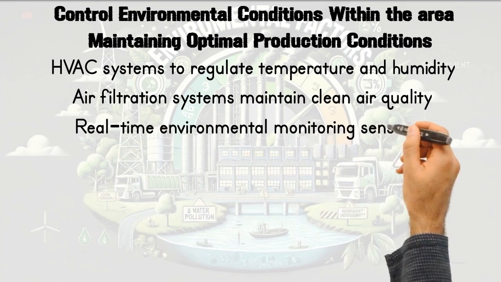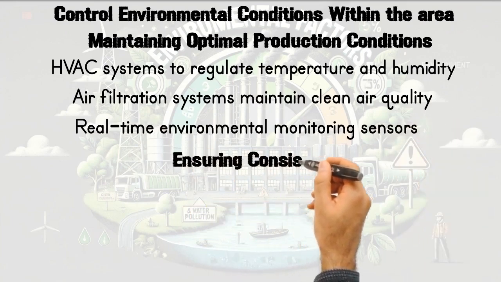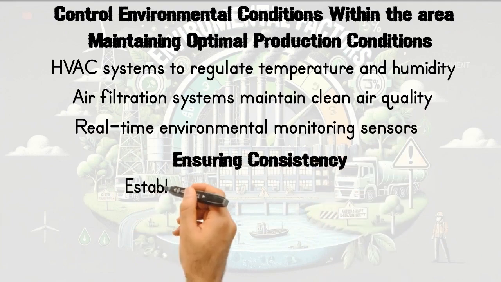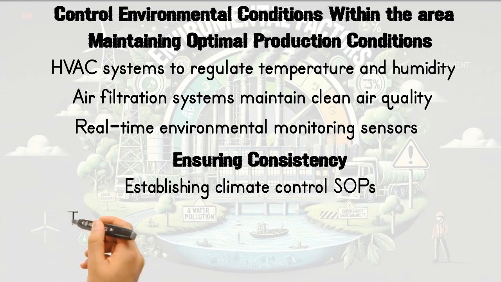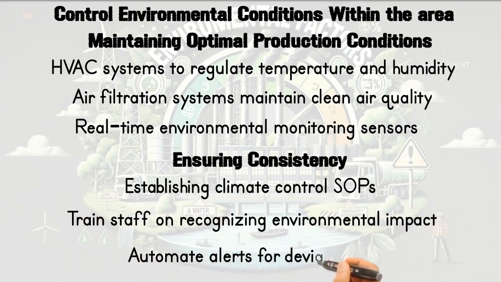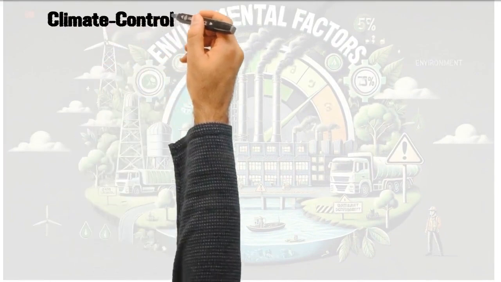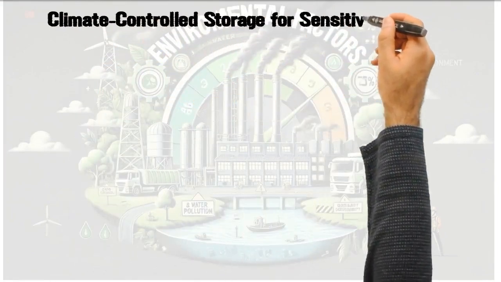It is critical to ensure consistency by establishing climate control SOPs to maintain stable conditions. Train staff on recognizing environmental impact on production, and also automate alerts for deviations to enable quick corrective action. The second best practice strategy is to use climate-controlled storage for sensitive materials, and by doing that, protect